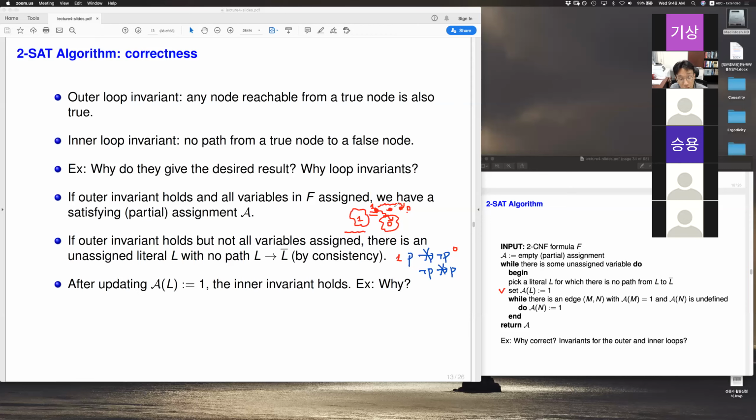And what's the contradiction? When we chose this node, we chose the node that satisfies this condition: there is no path from that node to its negation. So this type of path cannot exist by our choice of this node. There's a contradiction with that choice. Now, for this second possibility, which is that this node 1 can reach some node marked with 0,